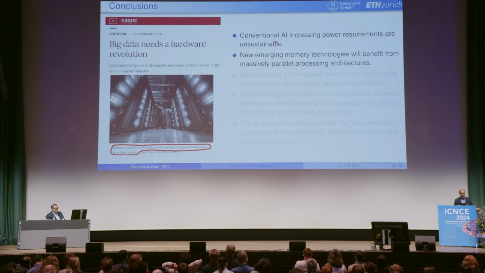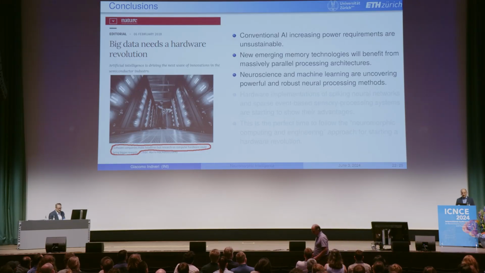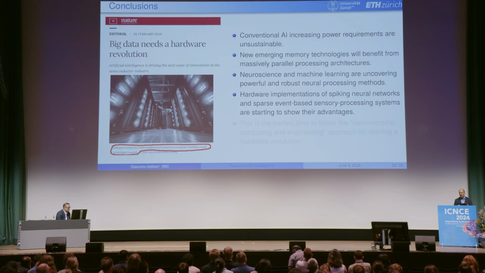In parallel, we have really promising results from new emerging memory technologies that can now finally be co-integrated with CMOS. Neuroscience has been making tremendous progress in learning models and computational models of computation. We will even see, just after this talk, some amazing results. And meanwhile, hardware implementations of spiking neural networks, hardware implementations of neuromorphic systems are starting to show that they can actually be used in the real world. Some startups are coming up. They are actually successful. They're starting to sell products using this unreliable technology, and we really have some hope that we can make an impact.